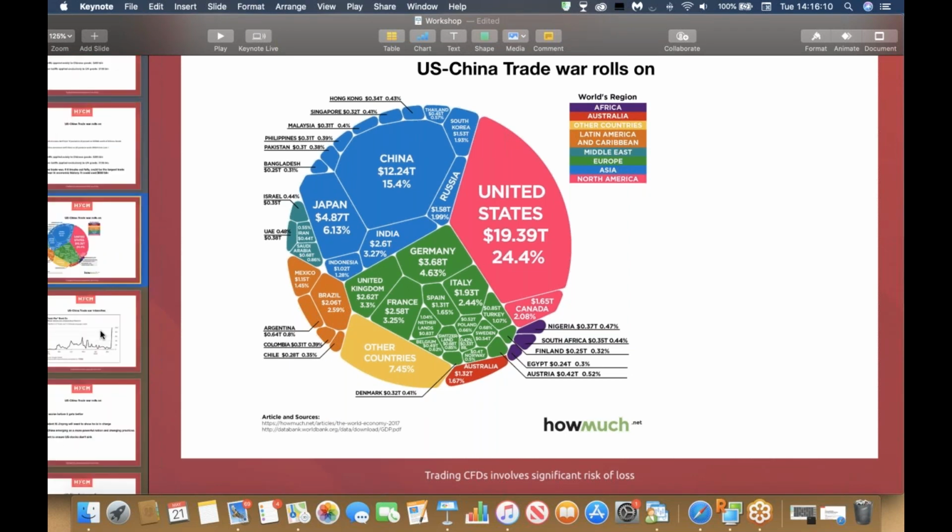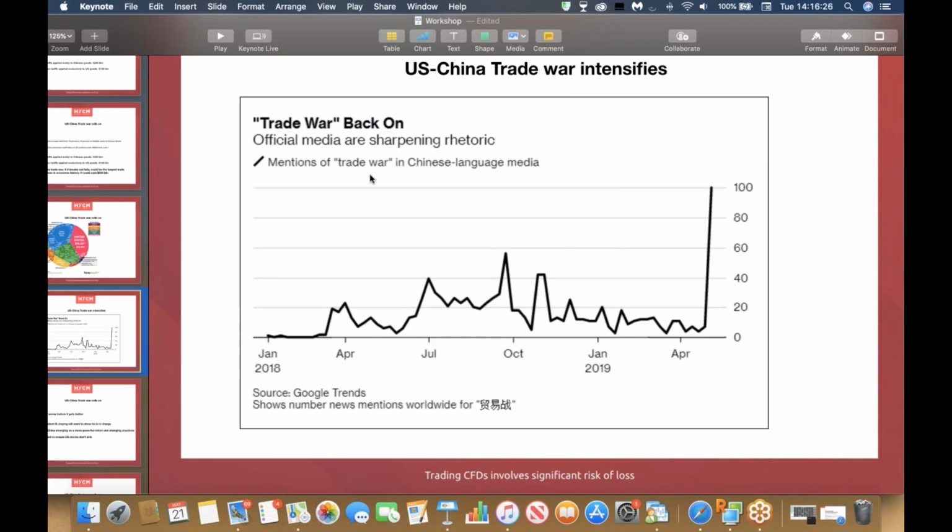Now, this US-China trade war has been going on. It's intensified in the last 2 to 3 weeks. That's for sure. It's taken a bad turn. Everyone was hoping it was going to recover, but as I've shown before, the mentions of trade war in Chinese language media have rocketed since mid-April. So with this recent turn for the worse, the idea of a trade war has really increased within Chinese